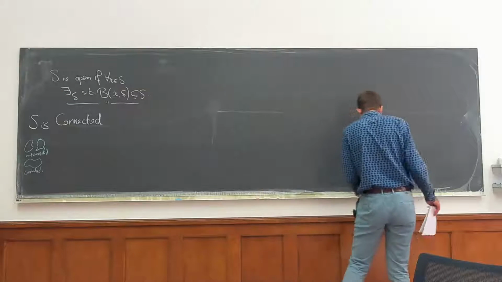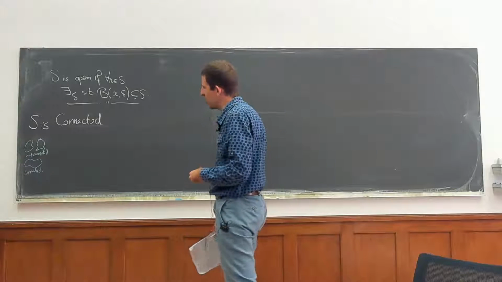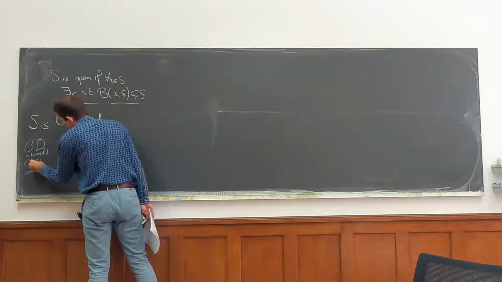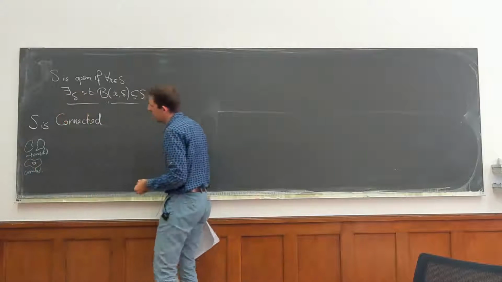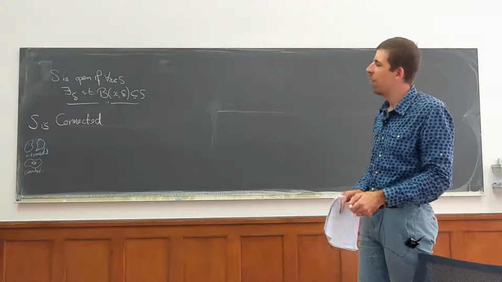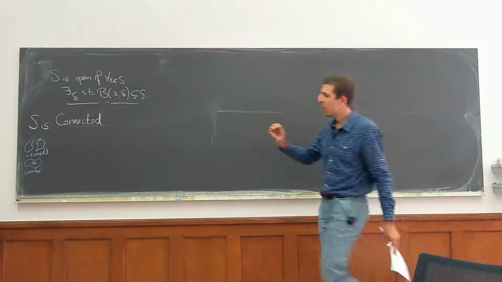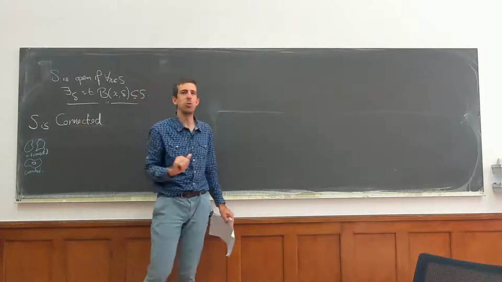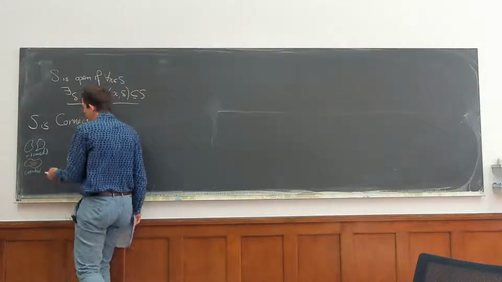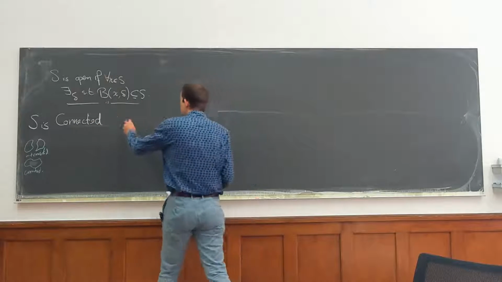To give you a little hint of what's to come, one thing that'll be very important in complex integration will be if instead of this set, I take one where there's a hole in the middle. Right? Then this set is still connected, right? I can still reach everywhere. However, it somehow has a hole in the middle, and this will be different. And it turns out that whether things have holes in the middle or not will be crucial later on. But for now, let's not worry about this and just talk about connected. So it turns out that a very nice definition of connectedness. Set is connected if and only if